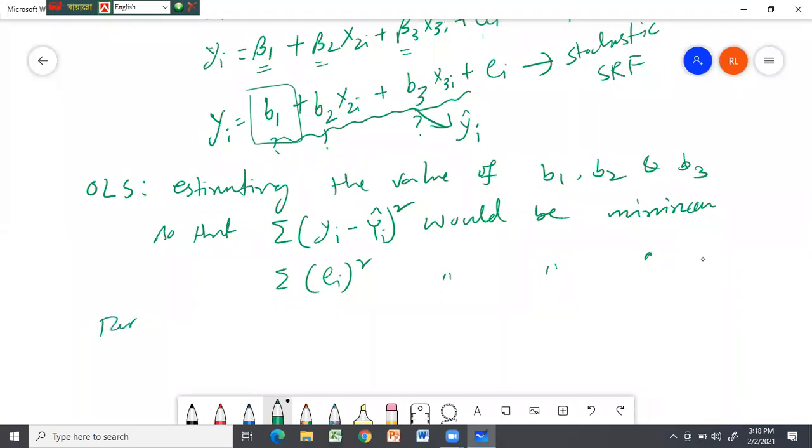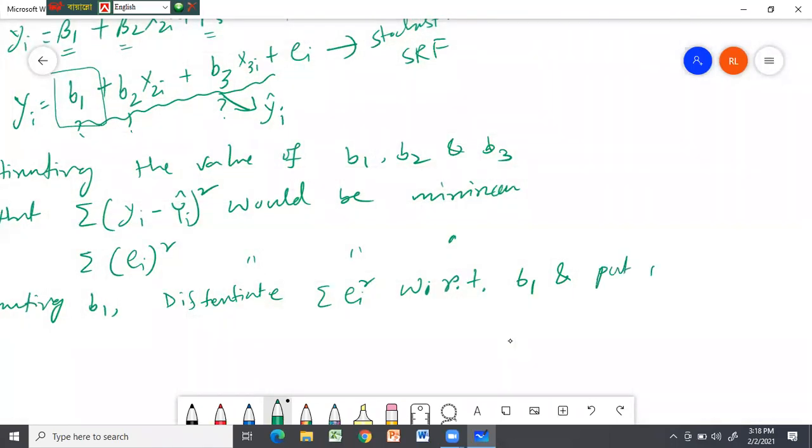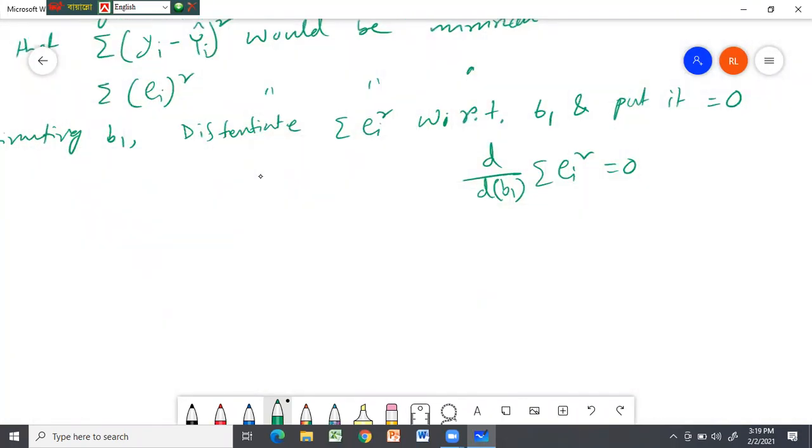So for estimating B1, we differentiate the sum of ei square with respect to B1 and put it equal to 0. And then from this portion,